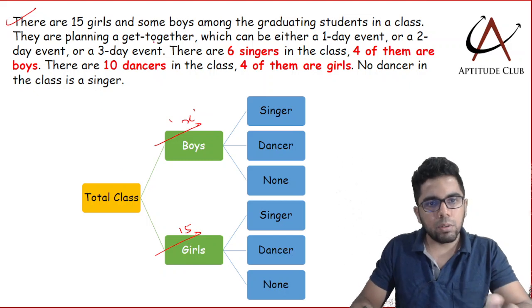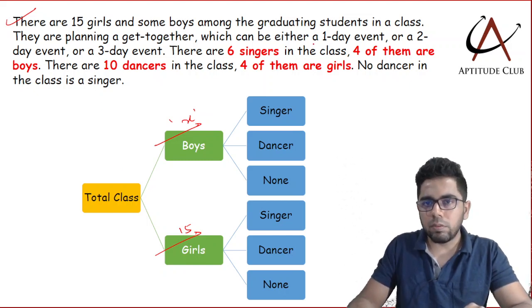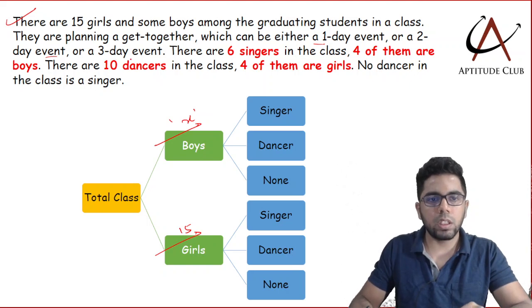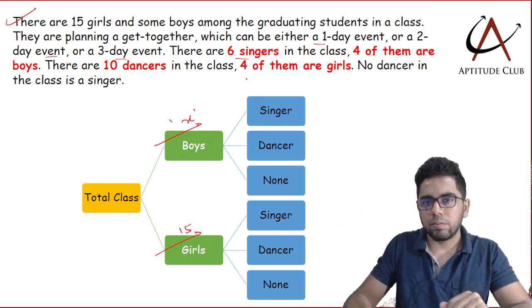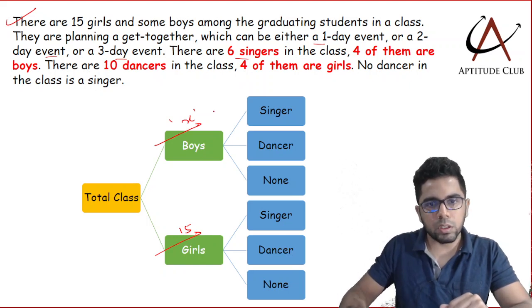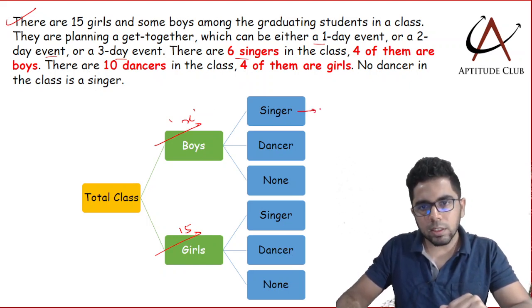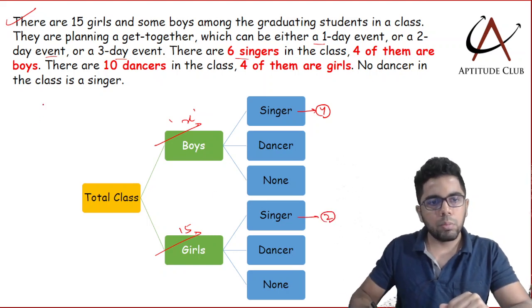They are planning a get together which can either be a 1-day event or a 2-day event or a 3-day event. Alright. Now there are 6 singers in the class. 4 of them are boys. So boys singers, I can say there are 4 singers, and girls singers will be automatically 2, because total singers